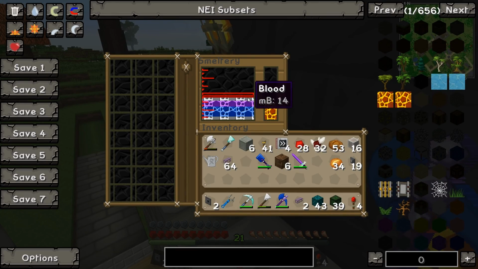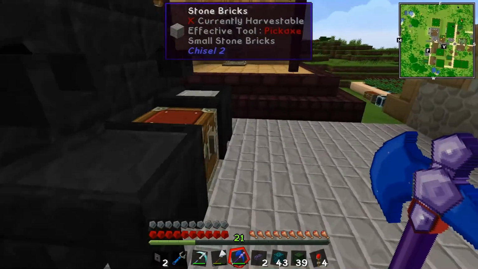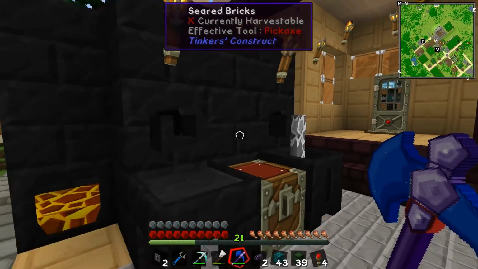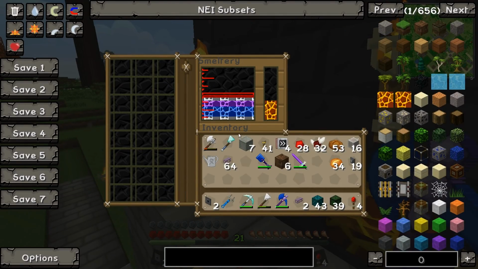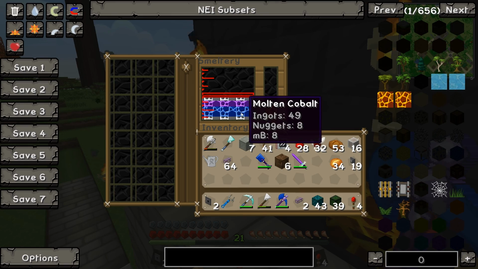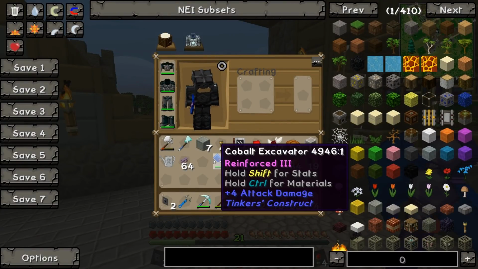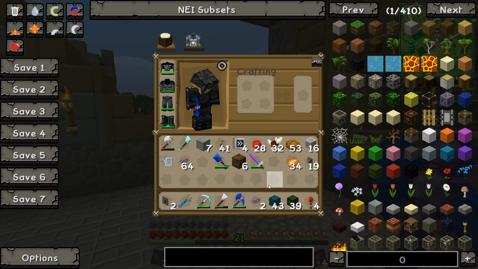In the meantime, it's time to get rid of all of this iron. I don't have much left, just 13 ingots. So let me go ahead and just pour up another iron block there and get rid of some of this. We want mainly just the manyullyn and the cobalt going in those guys. As you see, I did make that excavator and the matic